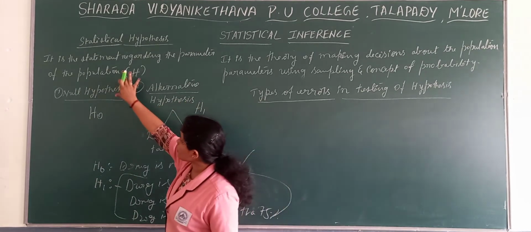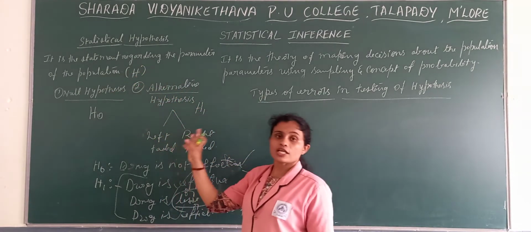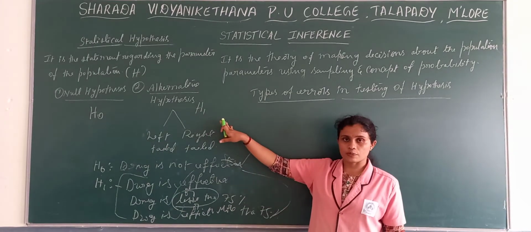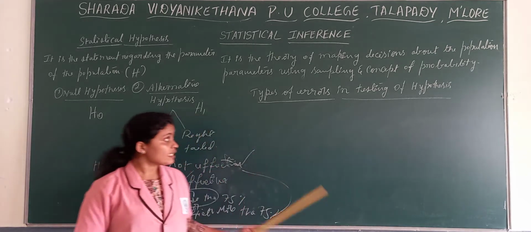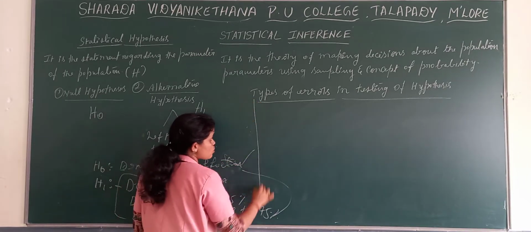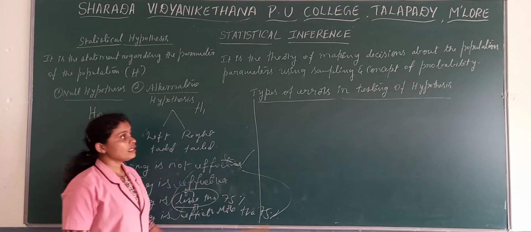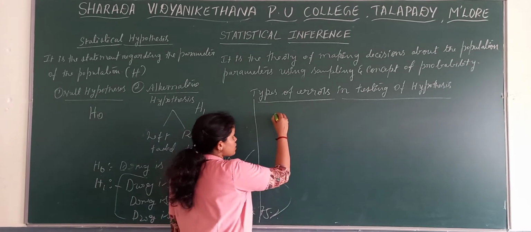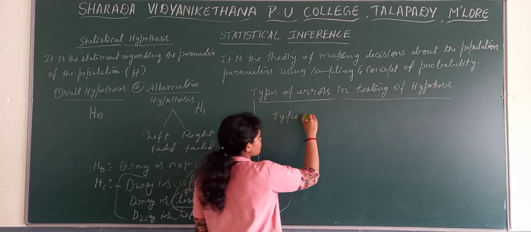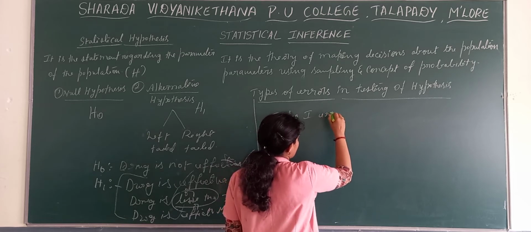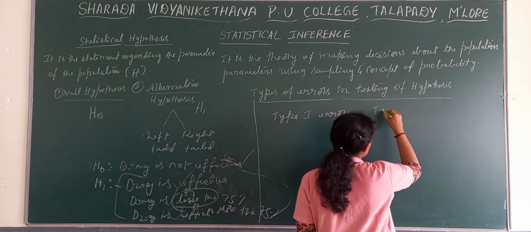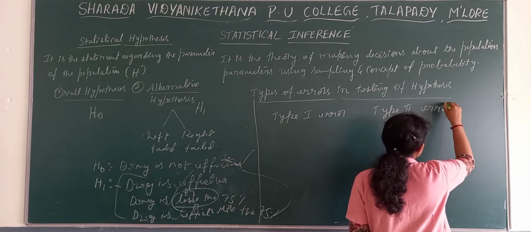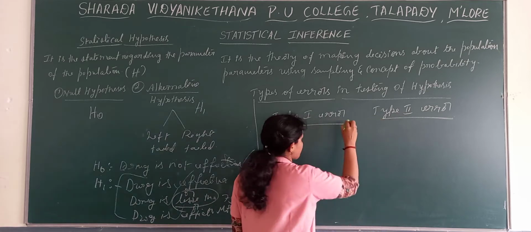And it is very, very important what you mean by hypothesis, which are the two types of hypothesis, and what is null and what is alternative hypothesis. Then here there are some of the errors in case of testing of hypothesis. While testing hypothesis, we get some errors, and those errors are type 1 error and type 2 error. What is this type 1 and type 2 error?